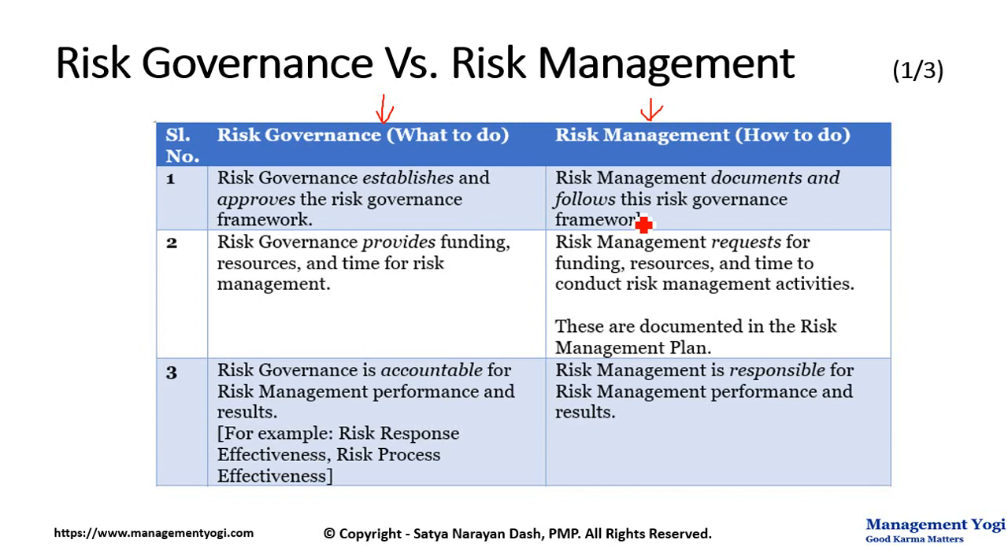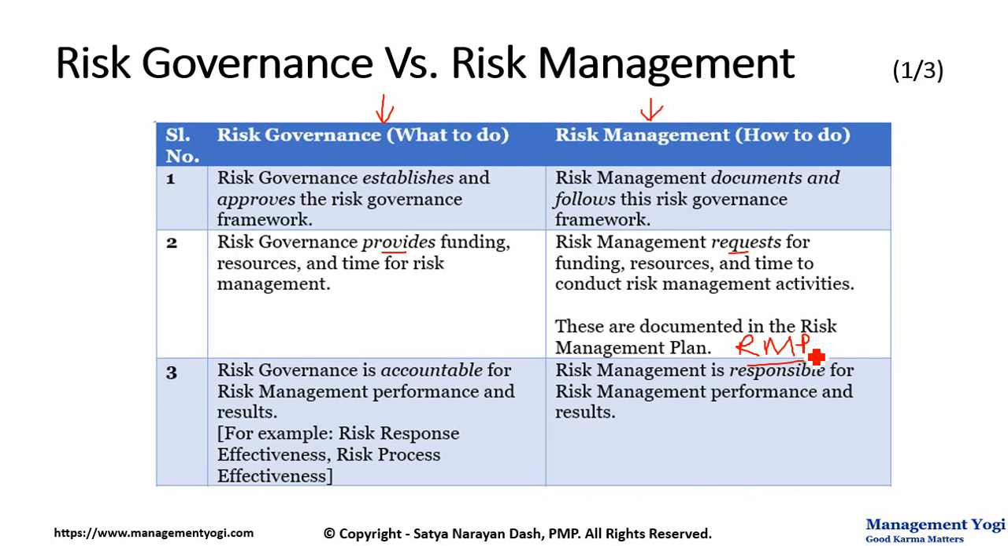Similarly, for a portfolio or a project, risk governance provides funding, resources, and time for risk management. Risk management, on the other hand, requests funding, resources, and time to conduct risk management activities. And these are documented in the risk management plan. As we have seen in the risk management framework, you will create a risk management plan which is applicable for a portfolio or a program or a project. In this RMP, you will have sections with respect to the funding, the resources needed, the time needed to conduct